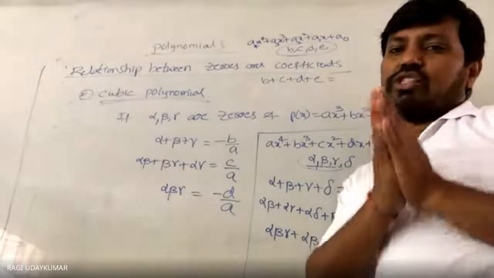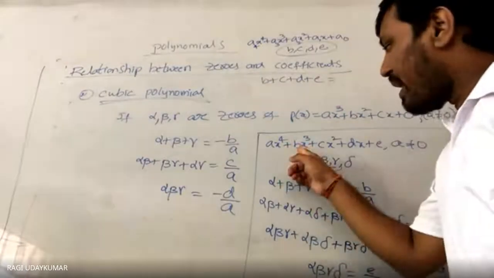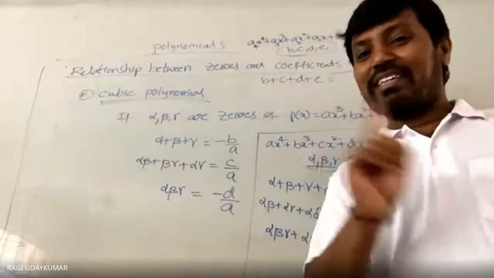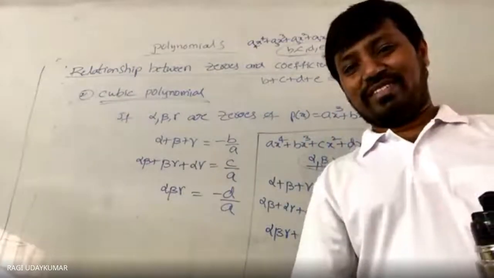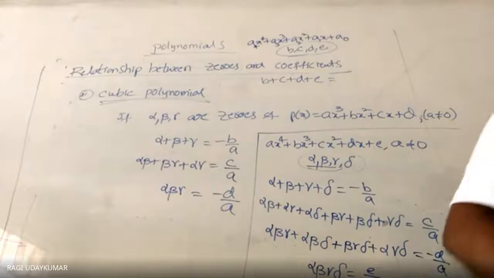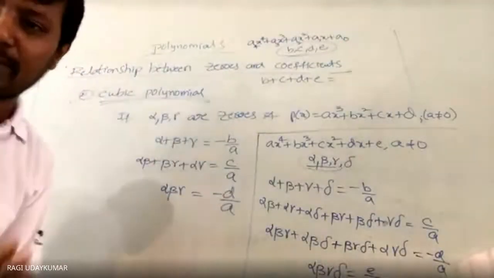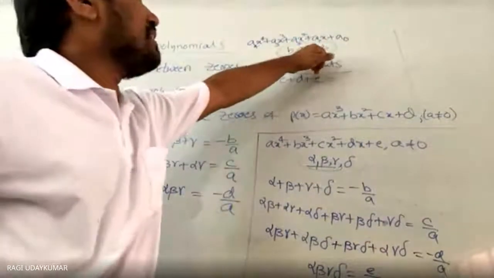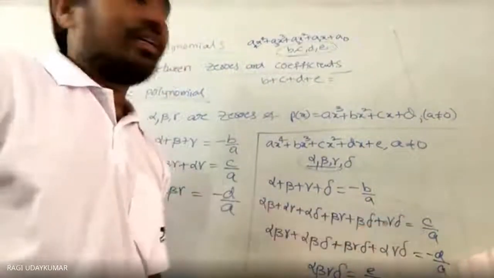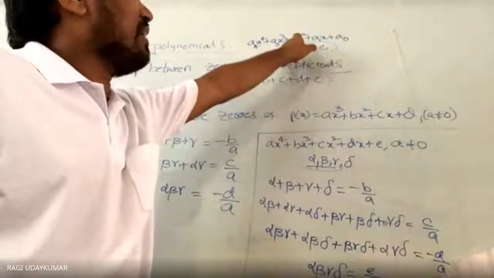Look, I am saying the same, minus b by a, but if the coefficients of the polynomial are changed, you still need to be ready. Earlier it was b, here it is this, that is why I said p by a. In this case, see what is there. Yes, a3. Minus a3 by minus a4. It is not minus a3 by minus a4, it is minus a3 by a4. Understood? Yes, sir. Minus a3 by a4. Now understood? If I take this combination, bc plus bd plus be, cd plus ce plus de, is equal to what? Instead of c by a, what do you have to say? What is in place of c? It is a2. It will be a2 by a4.